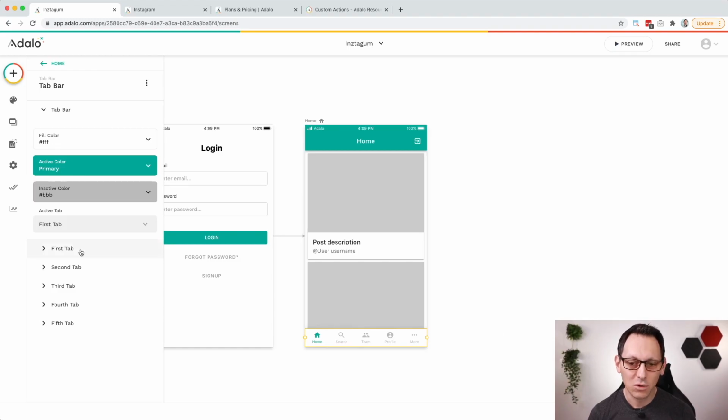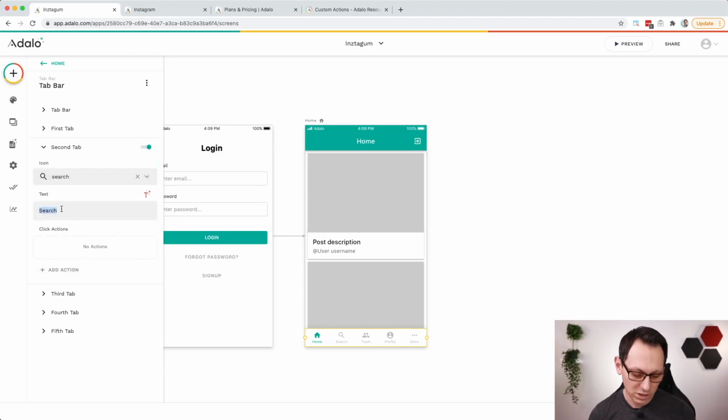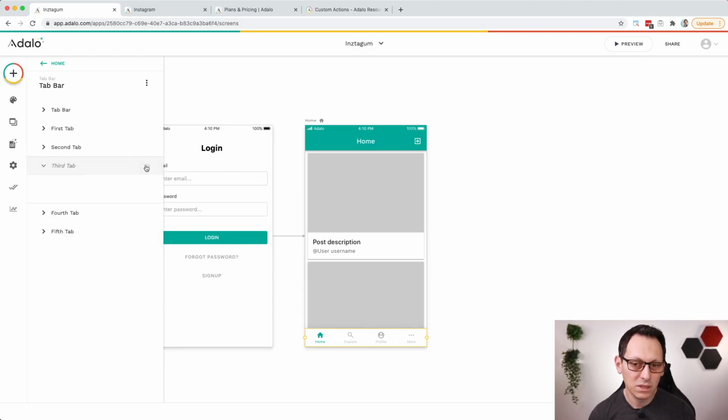The first tab is home. That's fine. We will keep that. The second tab is called search. We will rename it to explore. The idea is to explore other people's content and to follow them. And the third tab should be the profile tab. And there is already one. In this case, it's the fourth one. So what we do is we simply turn off this one and turn off the last one, and we are